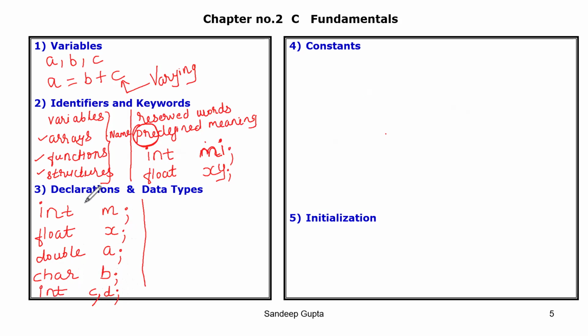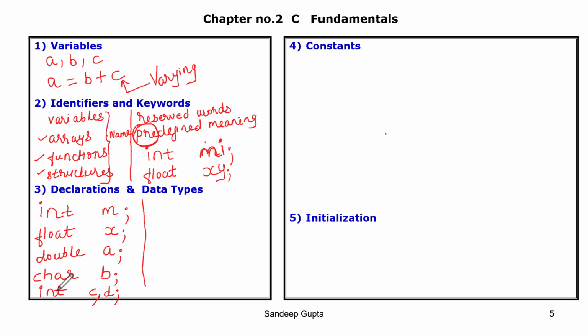Now, all these statements over here, I repeat, all these statements over here, 1, 2, 3, 4, 5, they are called declarations. So what is a declaration? Very simple. A declaration is a statement. First understand this: a declaration is a statement which associates a variable or a group of variables with one particular data type. I repeat, it is a statement which associates a variable or a group of variables with